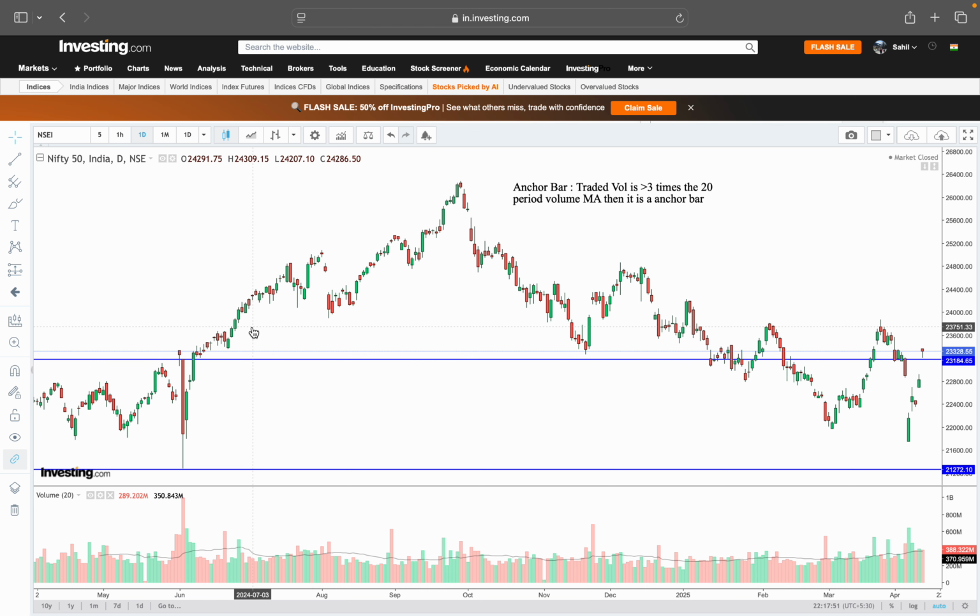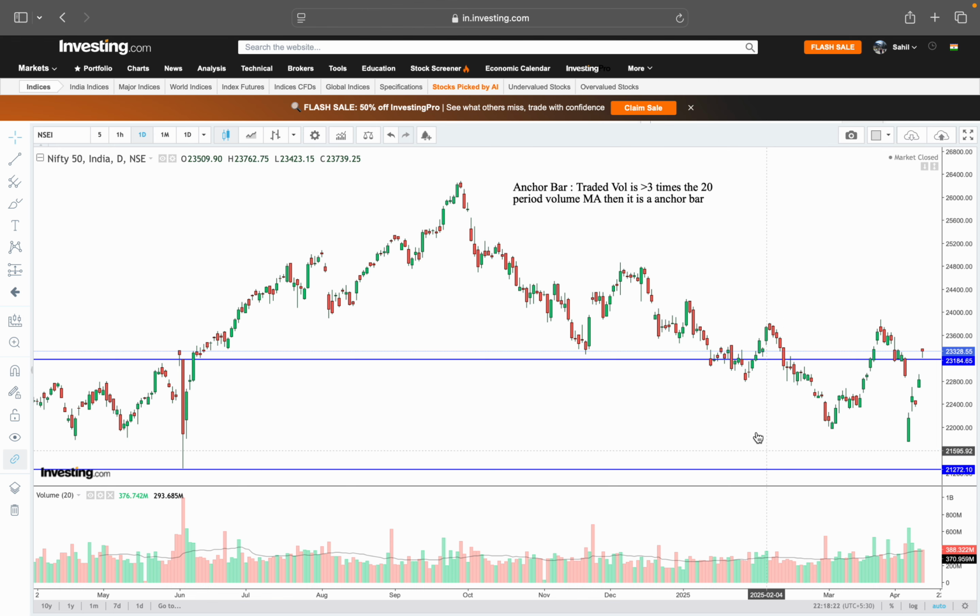The answer is very simple. If the price is coming from the top into the critical zone, the approach will only be to buy. Whereas if the price is coming from the bottom to the critical zone, then the approach will only be to sell. And what will be the stop loss? The stop loss will be a close below the critical zone. So now, if you do not want to use the close, you can simply use an ATR. For example, if Nifty daily ATR is 250 points, you can simply subtract 250 points from the low,